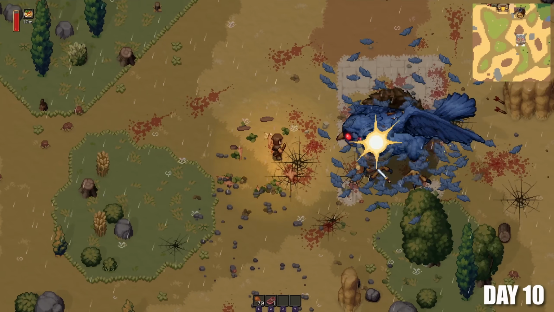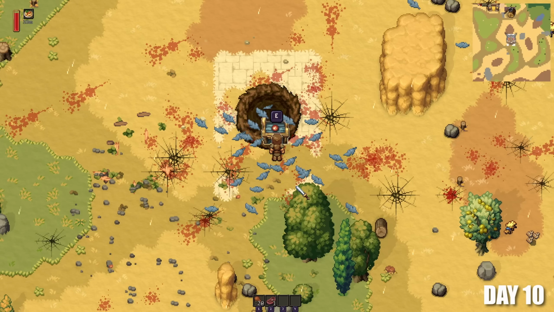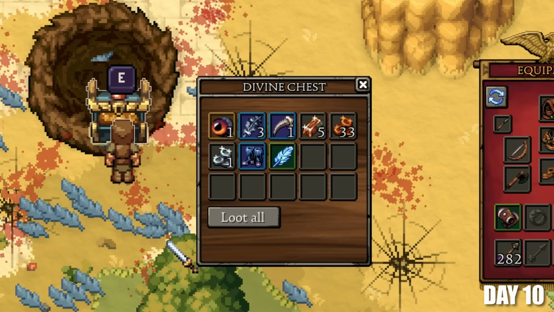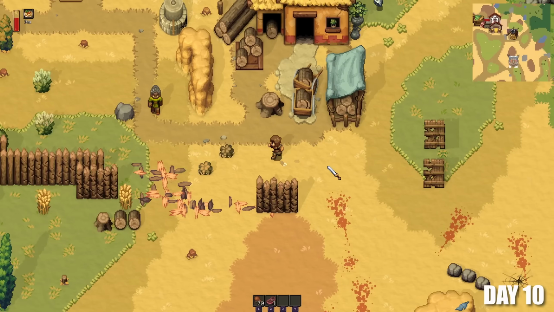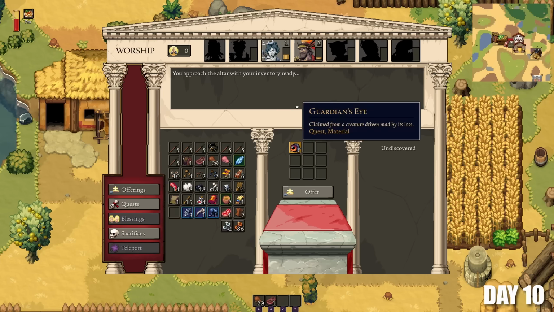Yeah, the first boss of the game did not prove to be super difficult, then it just freaking exploded. Half of my city walls are completely trampled, but at least I got some proper loot this time, including some cool boots made out of the owl's feathers. I sulked around the walls for a bit, trying to mend what's left of them first, and then immediately sacrificed